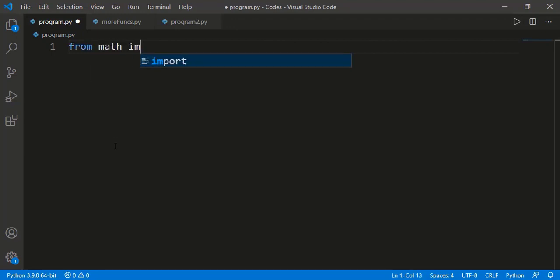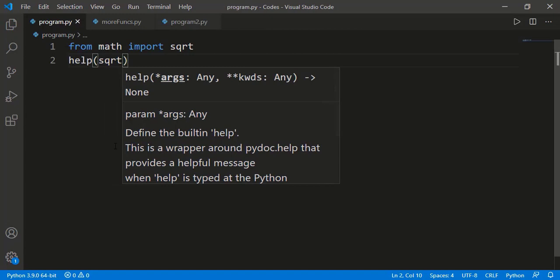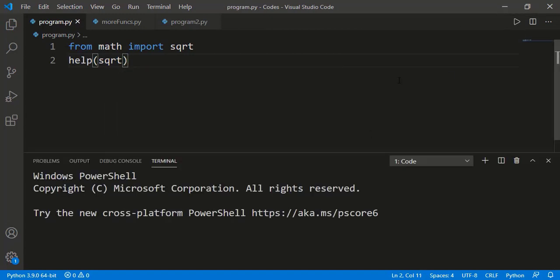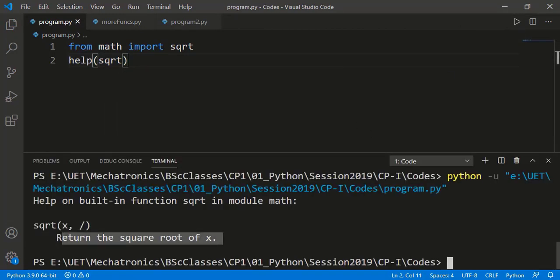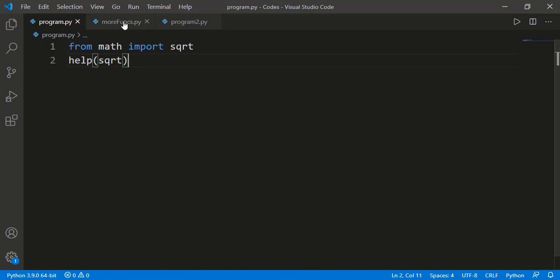For example, let's import the square root function from the math module and let's see the help on this function. It's a very simple function and we see the help description as returns the square root of x. But here on the signature we see a / after the input argument x. The function has only one input argument which is x, and the / sets a property of that argument which is positional only, that we will see in a while. So let's start the discussion on different properties of input arguments.